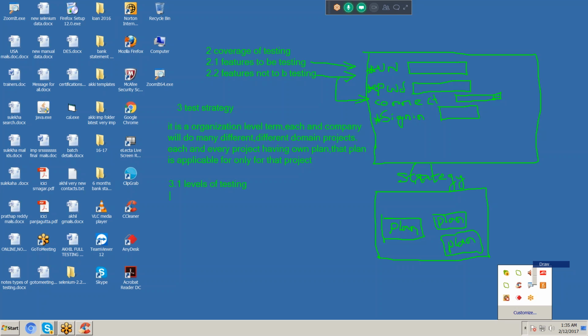Second point, 3.2 types of testing. There are 18 types of testing available in manual testing: build acceptance testing, regression testing, retesting, alpha testing, beta testing, static testing, dynamic testing, installation testing, compatibility testing, end-to-end testing, usability testing, monkey testing, exploratory testing, port testing, reliability testing, ad hoc testing, mutation testing, and security testing.